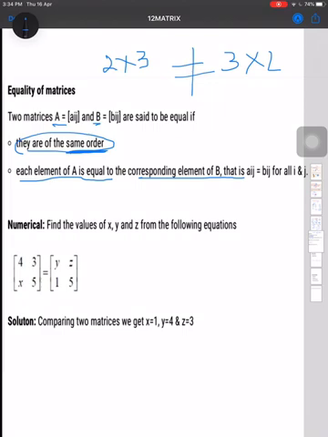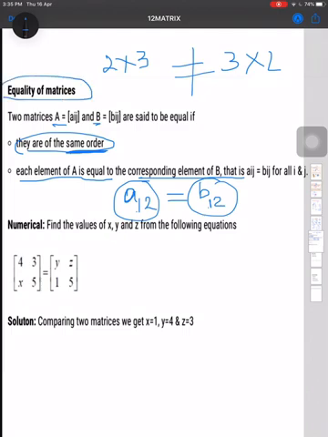That means like I've told you previously, A first row, second column, this is the element of the first row and second column. And suppose we have another matrix that is B. So B, this should be also first row and second column. Means when the corresponding elements will be equal, and the order of the matrix will be same, then only they will be equal matrices. One example you can see. If the two matrices are given equal, that means the corresponding elements will be equal.